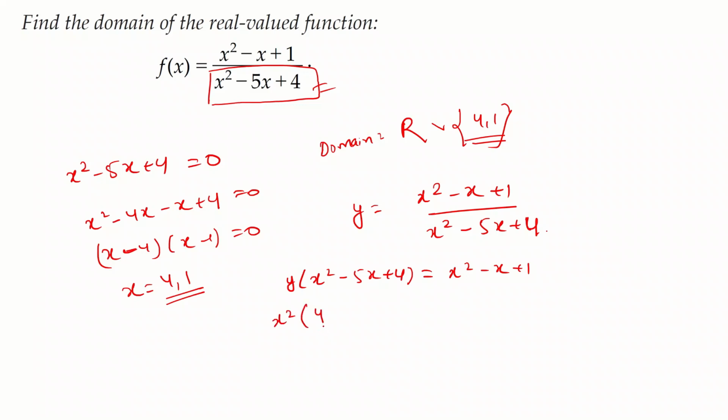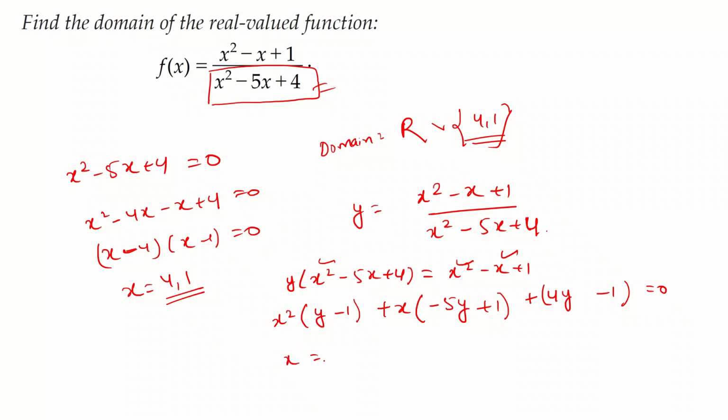So x squared (y minus 1), then plus x, here we have minus 5y plus 1, because minus 1 will come to this side, and then all these constants which are plus 4y and minus 1. So this is a quadratic equation in terms of x. Alright. So we just want those values of y which will give us valid